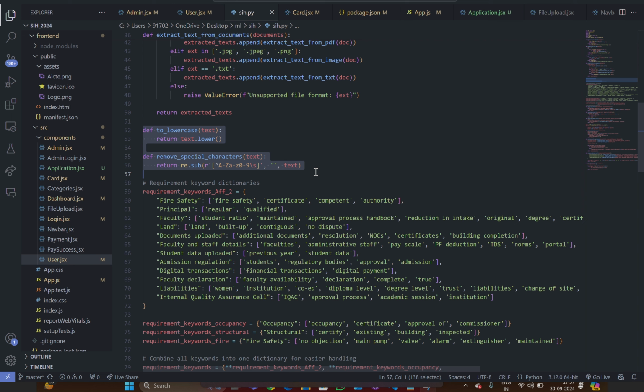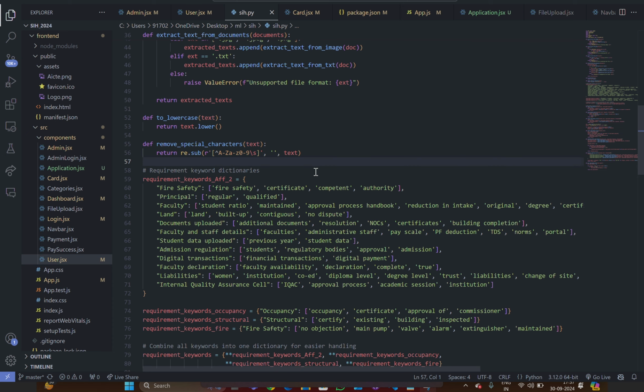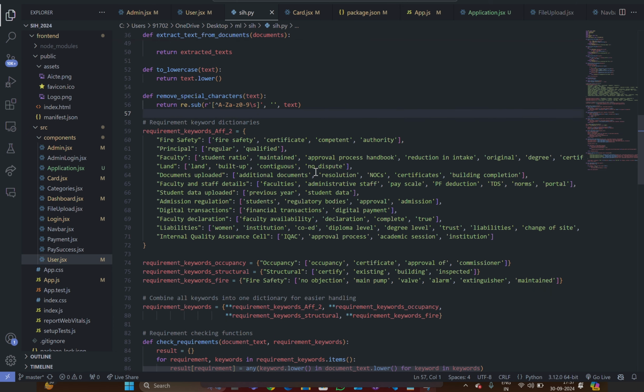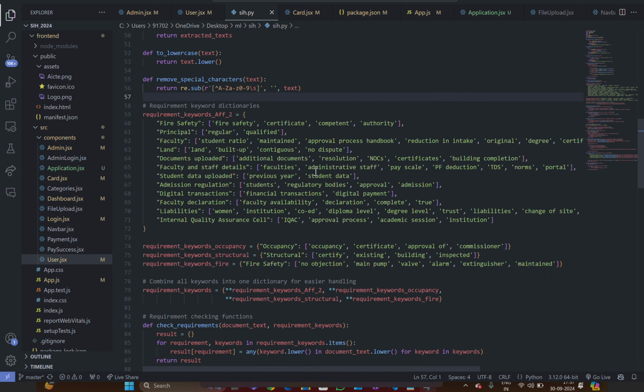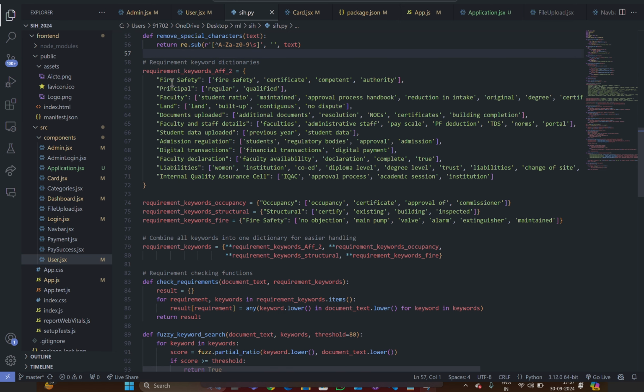After we've finished gathering all the text and pre-processing all our information, the next step is to define requirement keywords. So this is done in the form of dictionaries that define keywords that need to be matched for each category. This setup is crucial for the next set of functions.